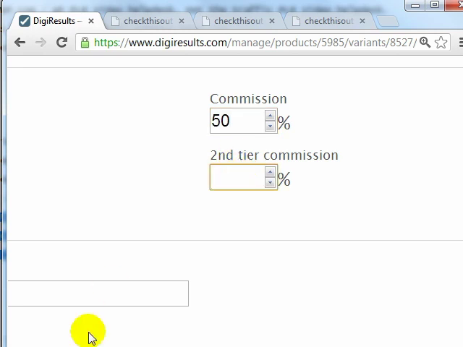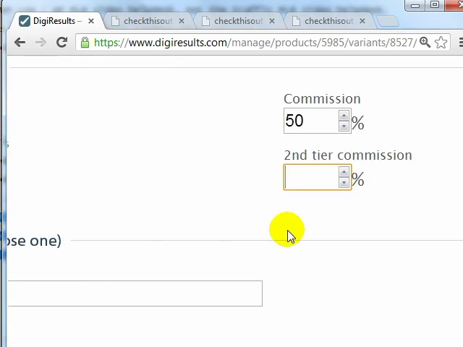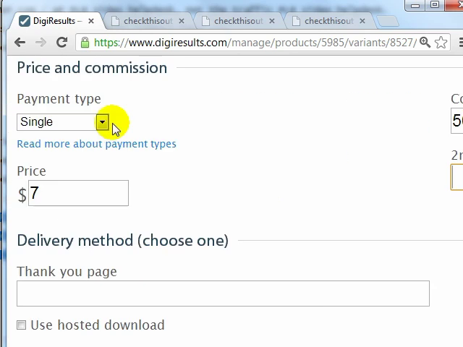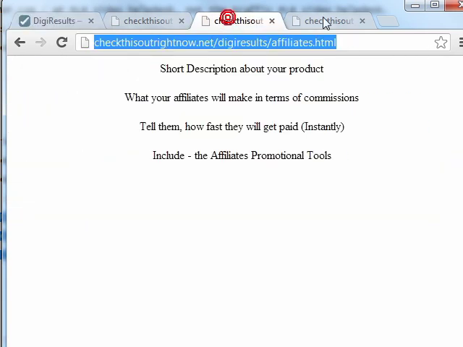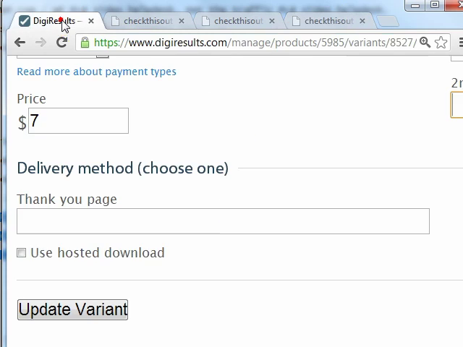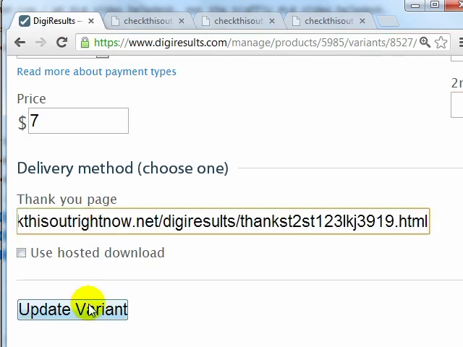And remember, with single one-time offer products, you can do a second tier commission. The only thing to remember is that if you have a recurring product, say the one-time offer is a recurring product, you can't actually do a second tier commission. So in this case, I'm just going to leave it blank. The thank you page, of course, is going to be this page here. So I'm going to enter this here, click on update variant,